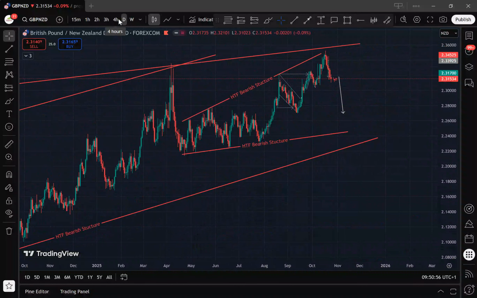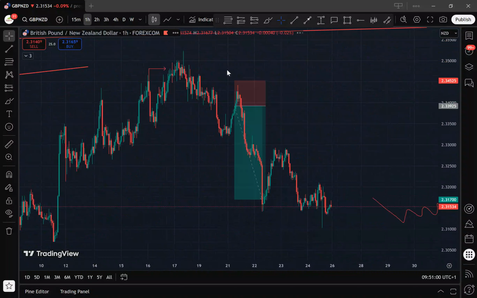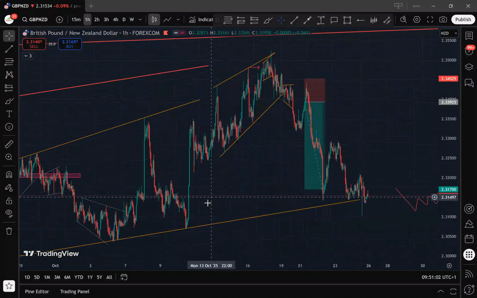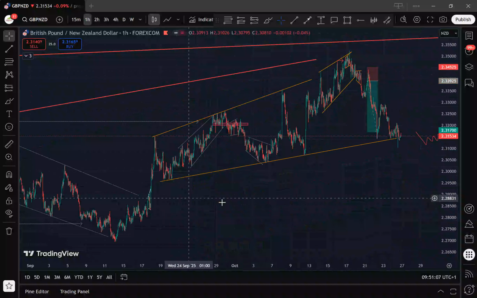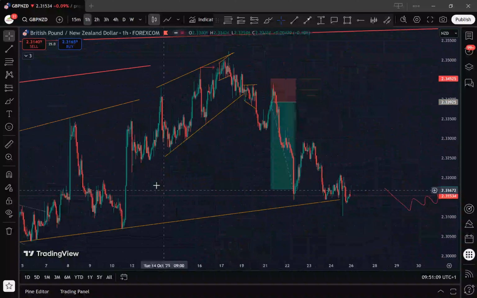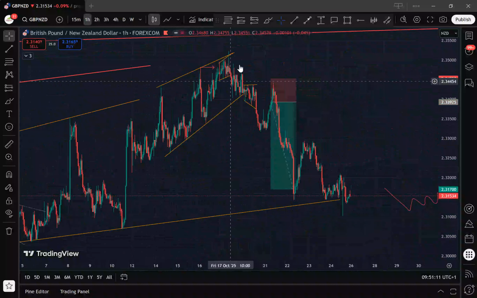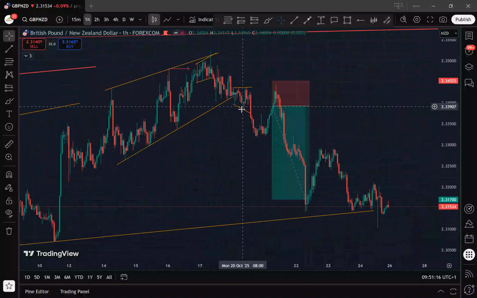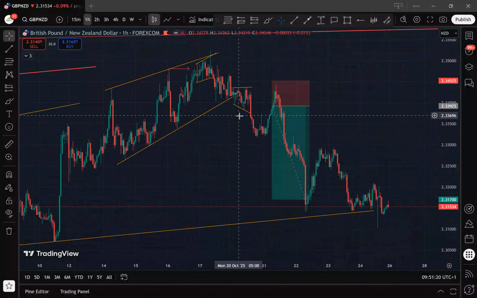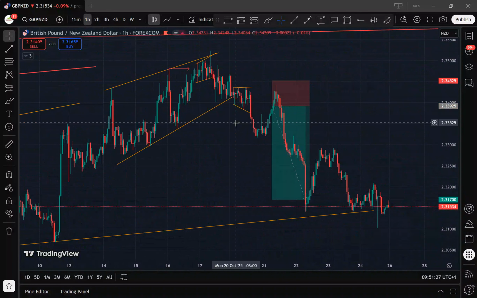So last week then we went down to the mid time frame to see what was happening there. On GBP New Zealand, we had this bullish impulse, bearish reversal structure on the mid time frame, and on the mid time frame also we have this bullish impulse, bearish reversal structure. Then we waited for the price to push down, came back up. Then I got in here, but I think spread took me out with one of my brokers. So